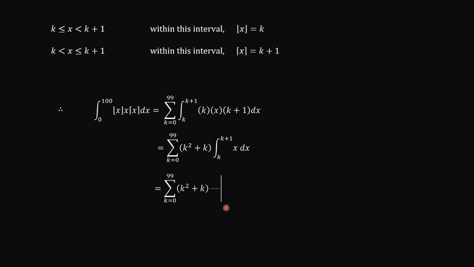And that now means that we have k squared plus k, and then we have x squared over 2 integral from k to k plus 1, right? Then the next step is substituting these limits into the x squared over 2, and we have k plus 1 squared minus k squared. And then we can now use the product of the difference and the sum of these two numbers,